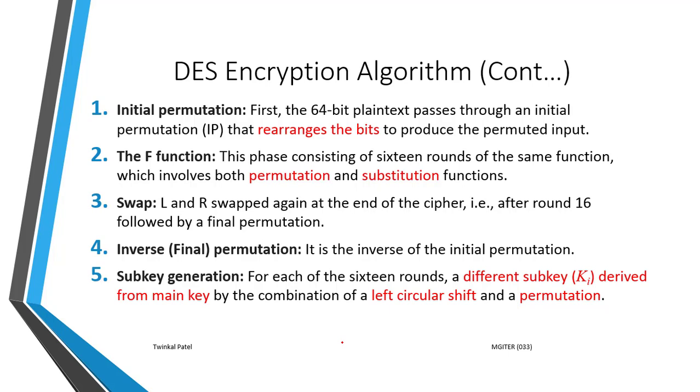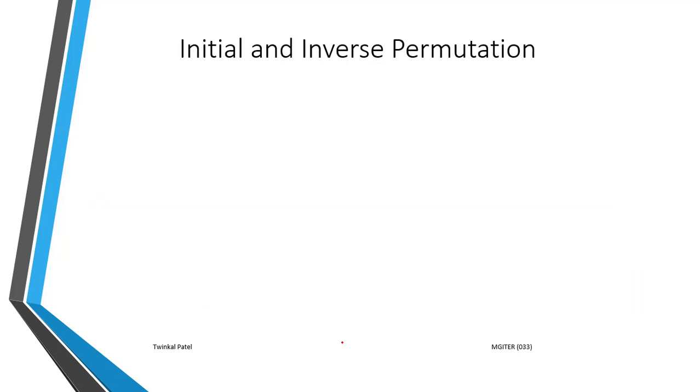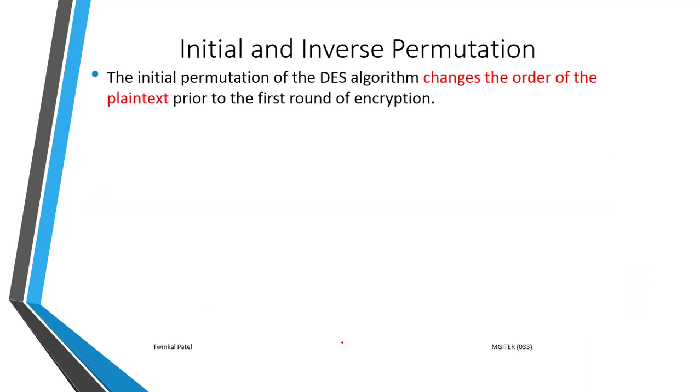For that we have applied the operations such as left circular shift and permutation. So these are the main functions in the DES encryption algorithm. Now we will see the initial permutation and inverse initial permutation operations. So how do they work? In initial permutation, the DES algorithm changes the order of the plaintext, that is, rearranging the